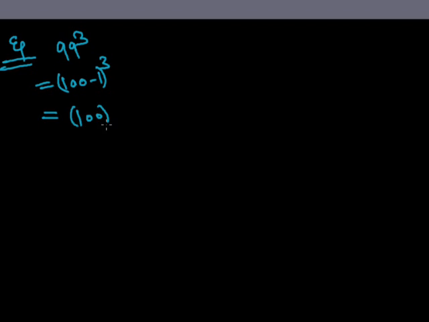Now let us have some examples on the identities that we have studied. Like if you have to calculate 99 cube, then we can use the identity. We can write it as (100 minus 1) whole cube, and then by further expanding it, we can compare it with the identity (x minus y) whole cube, that is given by x cube minus y cube minus 3xy (x minus y).